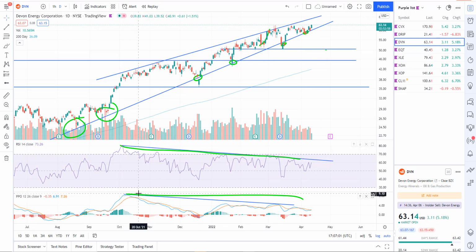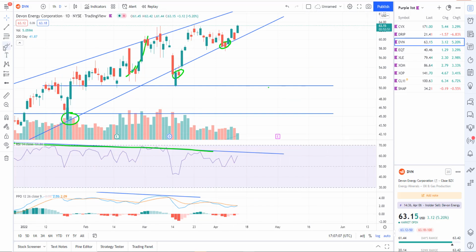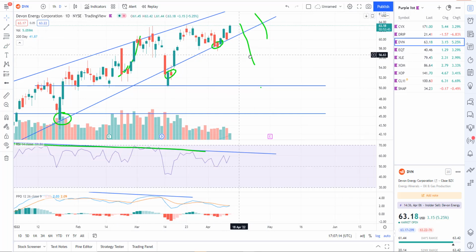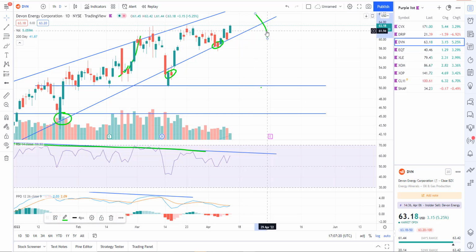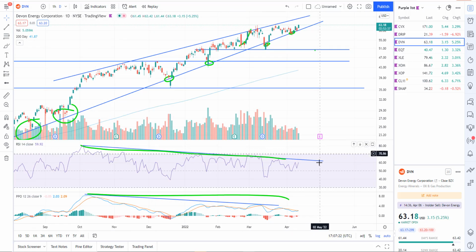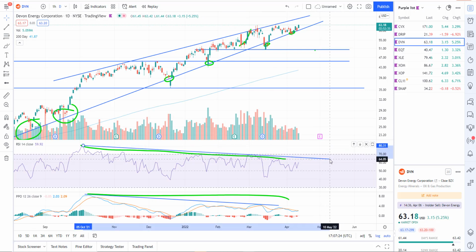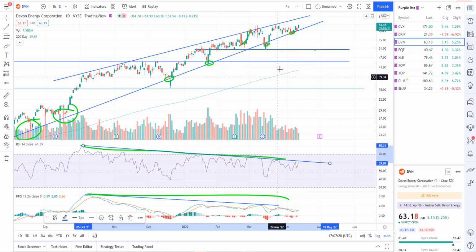There is negative divergence in oil, and you're making this bearish rising wedge. So you definitely have a bearish setup, but we don't have a sell signal. The sell signal is a break of the trend line: a nice big impulsive breakdown, red candle, breaking the trend line, maybe a gap down. We don't have that. So you never know. This could continue to power on and burn through the divergences as well. That's why we don't take a short just because you have divergence. It's merely a setup and we wait for the trigger, which is the sell signal.